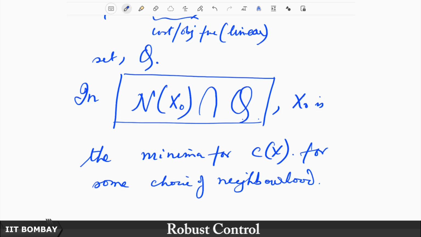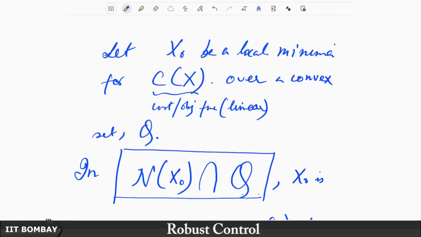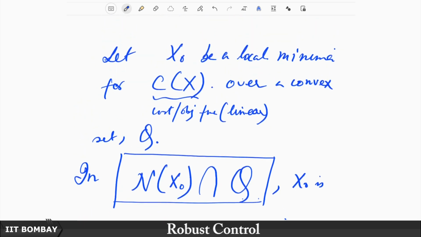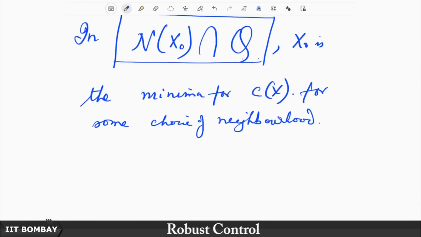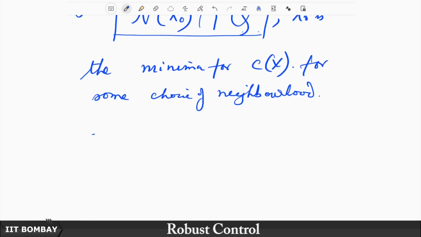There does exist some small neighborhood around that point x naught, that vector x naught, such that at least within that small neighborhood and its intersection with the convex set over which you are searching for the minima, it is the only minima, it is the minimum point for that objective function C x. Now, let x1 be